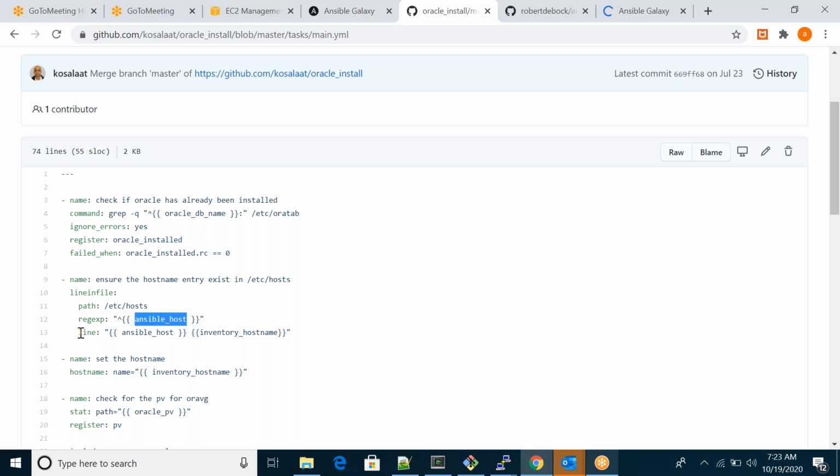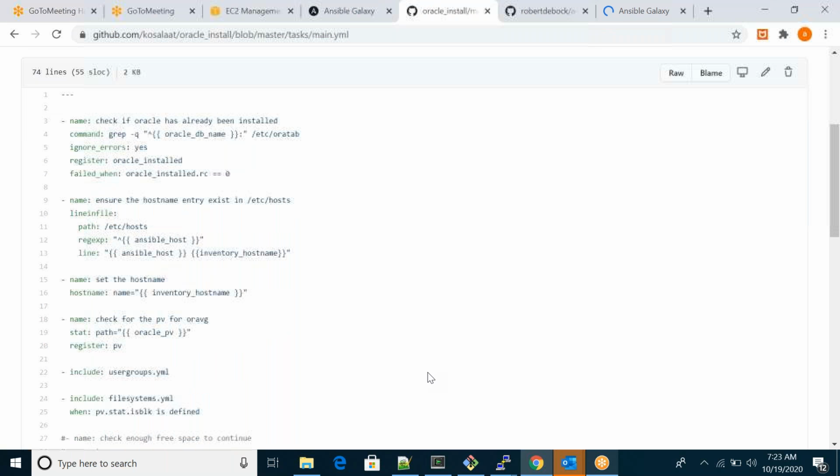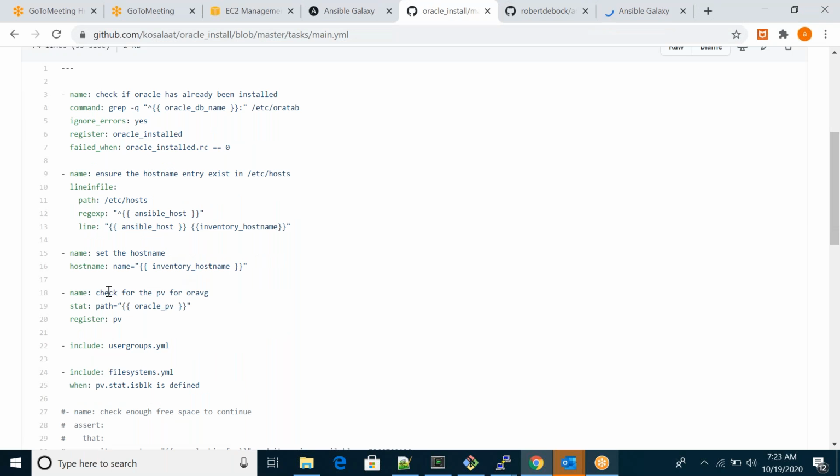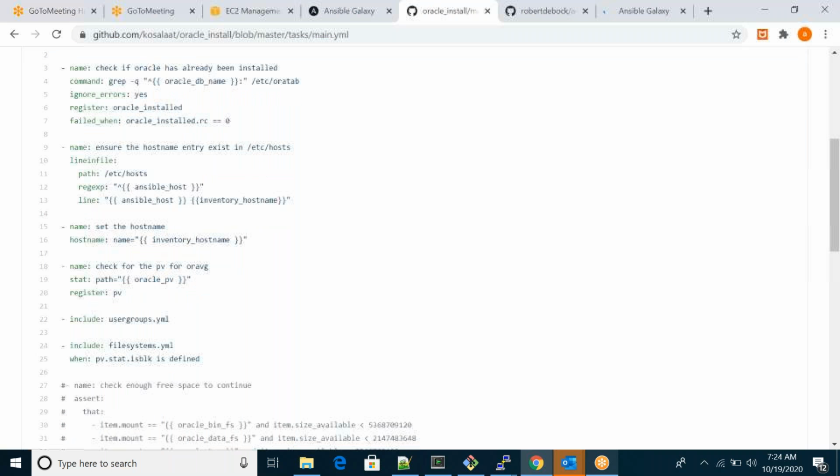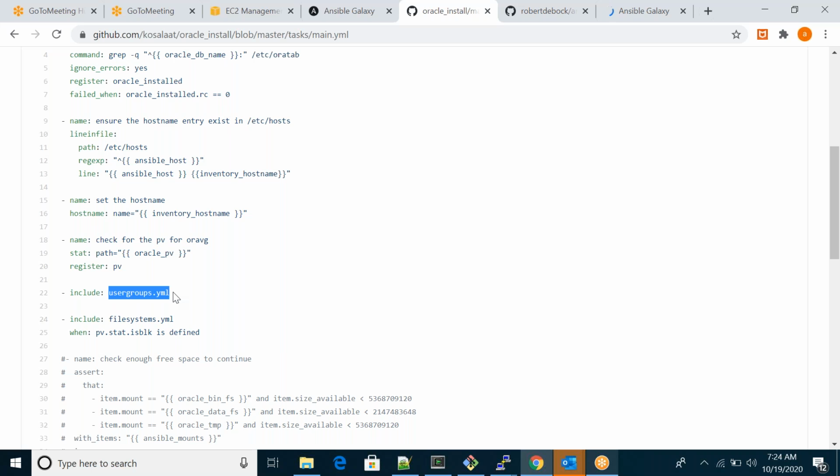I will show you an example later. Then they check paths for PV and VG, some database-related things. They are including, using the include statement, some of those YAML files.